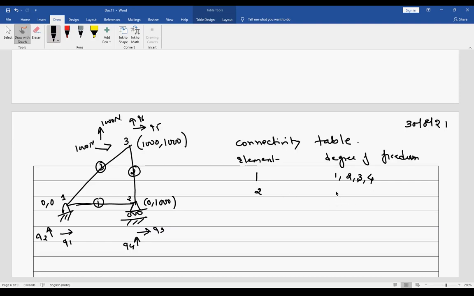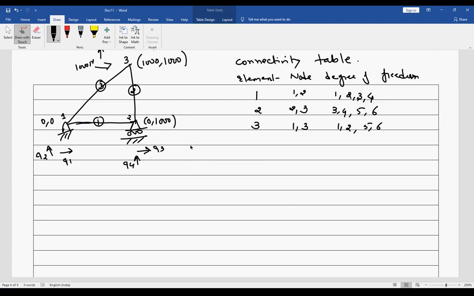Element 2 is connected to 3, 4, 5, 6 and element 3 is connected to 1, 2 and 5, 6. From lowest to highest, that is how you have to go. You can add the nodes also. So nodes I can say 1, 2, 2, 3 and 1, 3.